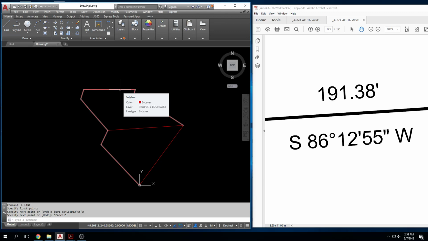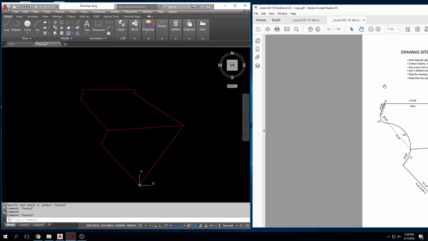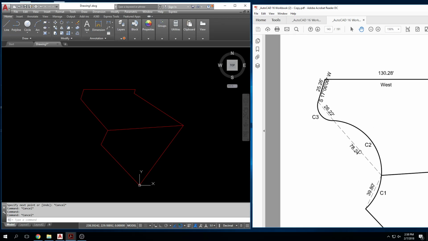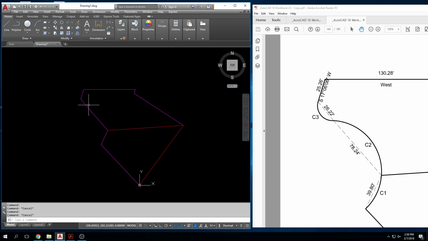Now, the arced property lines, they're going to be on this red layer, which is the boundary line. But one thing I want to point out is that these chords are on dash lines, right? And I drew them on red lines. And not only did I draw them on red lines, this was a polyline, so they're all attached to each other. So if I now wanted to go back and change this property line to the chord layer, it would change that entire line. And so what I'm going to have to do here is explode that line and then just change the chords to those dashed layers, okay? So I'm going to have to explode,